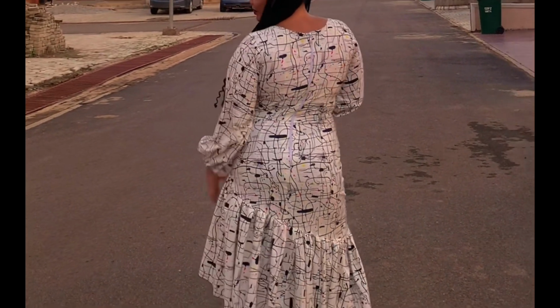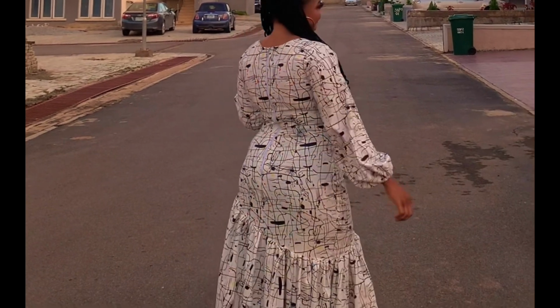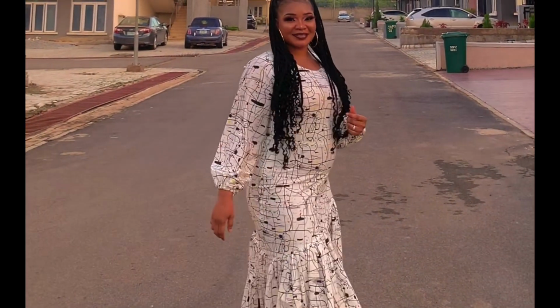My name is Patience. So today we are going to be making this beautiful high-low asymmetric ruffle hem dress with